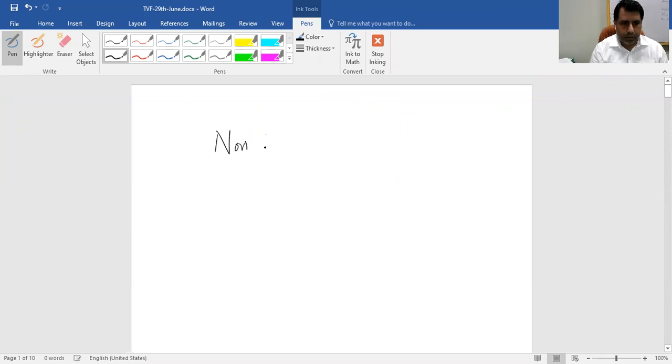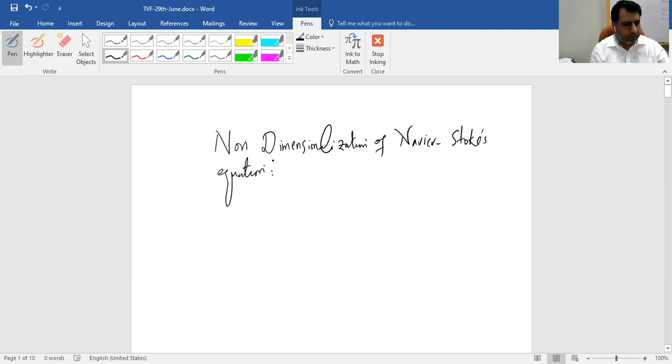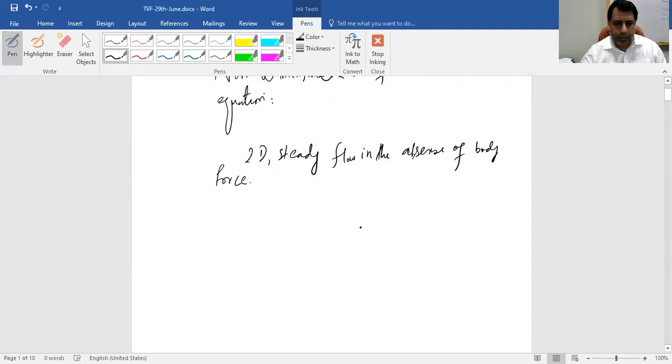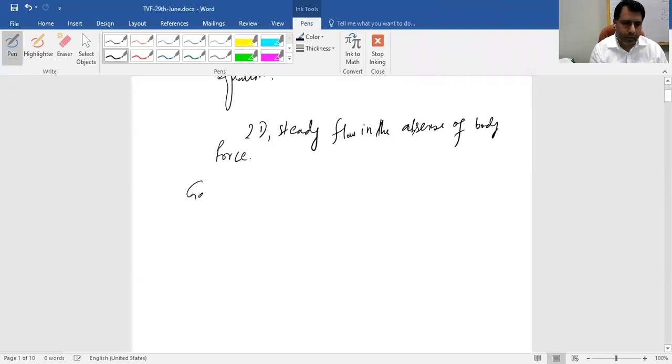So, non-dimensionalization of Navier-Stokes equations. We have taken a special case, a two-dimensional steady flow in the absence of body forces. So there will be no gravity or no other force. And in that case, we have the governing model